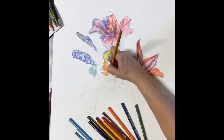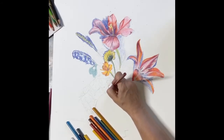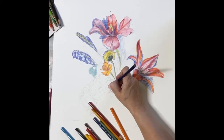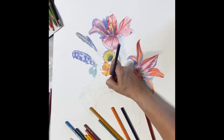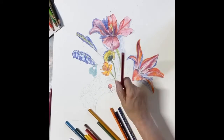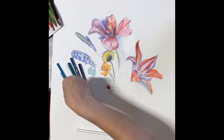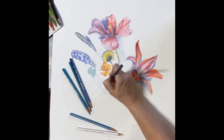For the shadows, I want to use the darker colors, and I'm coming with the purple and blue on top of this. And these, I don't know what they are. They are some things like grapes. They are red. And for making the reds darker, as we talked about, we can use green and we can use blue or purple. If you just leave a part of this for the reflection, it's going to be very beautiful. So I move to the next